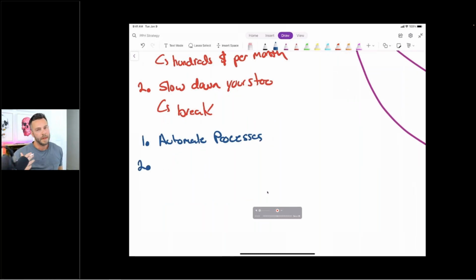Number two, having the right apps on your store can also optimize processes. Now, when I say optimize, what do I mean? When you optimize something, you get more out of it, okay? So right now, I'm optimizing my health. And if you've been following me for the past couple of years, you'll see I went from 165 pounds of unhealthy to 140 pounds of lean healthy to now 170 pounds of very healthy muscle,